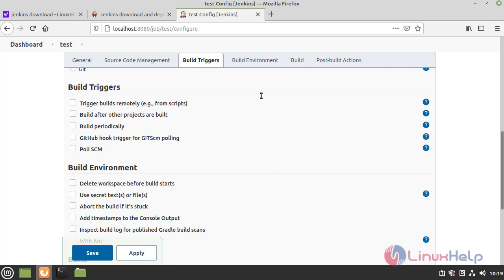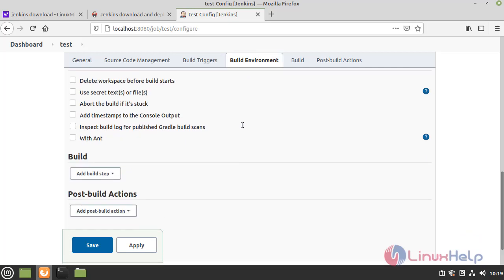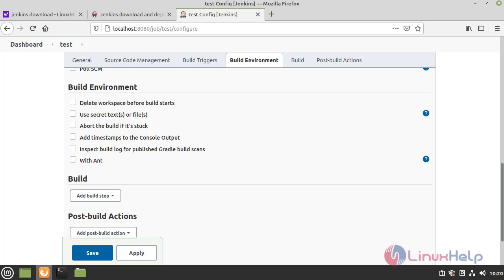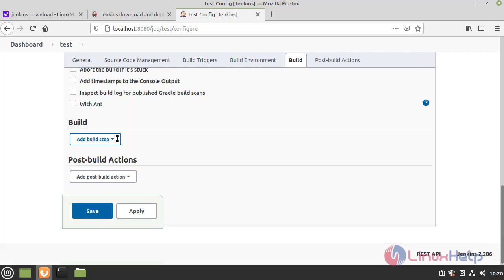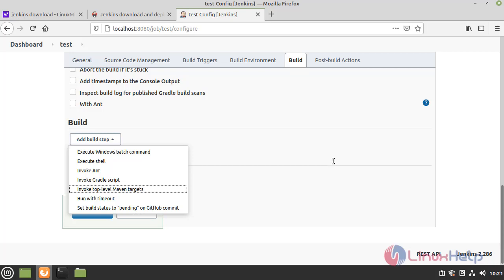The next is build environment. The build environment is used to configure the environment under which this job runs. Then the build, this is the actual build. In this build you can configure how the job will run.